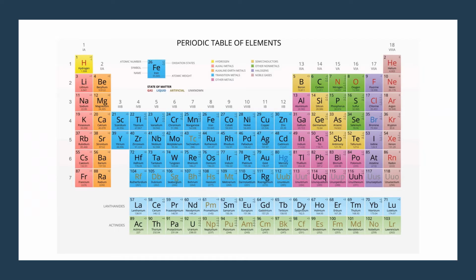So let's start. As we are aware, the periodic table consists of 118 elements, of which today we will be learning only the group 1, group 2 and group 13 to 18 elements with mnemonics. Group 1 and group 2 elements are known as S block elements, while group 13 to 18 are known as the P block elements. So first we'll go with group 1 elements.